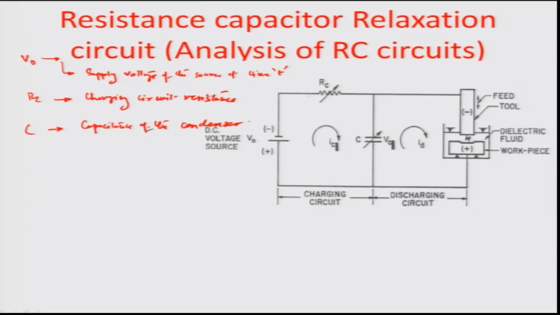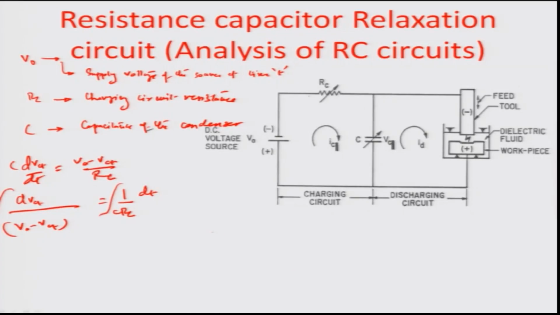On the charging side or the discharging side. So, obviously from the earlier equation you have C dVCT by dt equals (V0 minus VCT) by RC. So, you have dVCT by (V0 minus VCT) equal to dt times 1 divided by RC. So, if we integrate both sides, we have an indefinite integral: ln(V0 minus VCT) equals minus t by RC plus K1. K1 is the constant of the